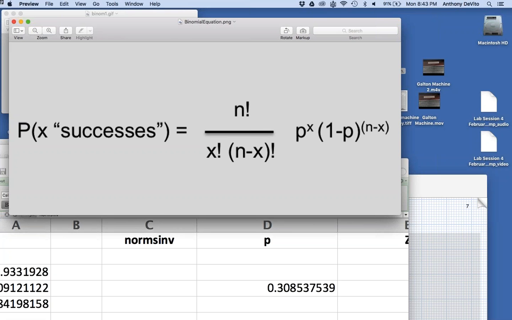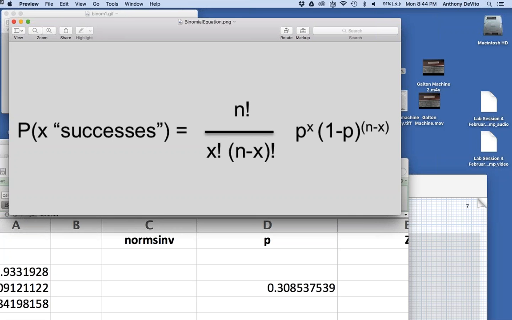The probability of X number of successes, in other words, success being that the person meets the criteria, like they're diabetic. Probability of getting, let's say, 3 diabetics out of 10. I'll call X 3. Probability of getting exactly 3 diabetics out of 10 is equal to n factorial, the number in your sample. That's 10, right? 10 factorial. What's 10 factorial? 10 times 9 times 8, and so on and so forth, over x factorial, that's 3 times 2 times 1,